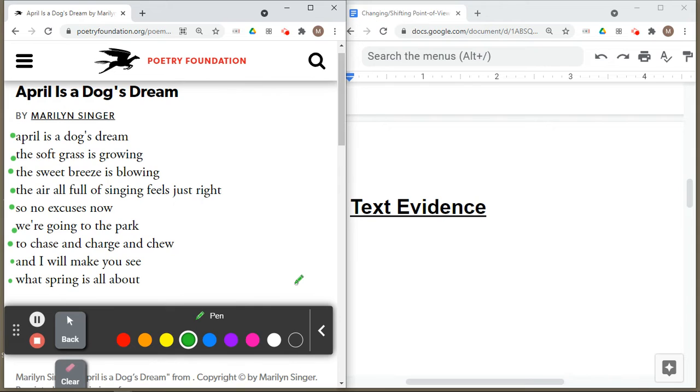A shift in perspective? Did you notice it here in this line? Did you notice it in this line? Perhaps do you feel like that shift happened right here in this line? In the air all full of singing feels just right? In the line, so no excuses now? In the line, we're going to the park? For me,